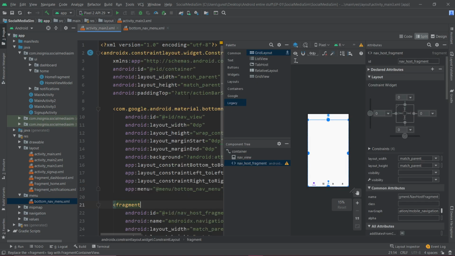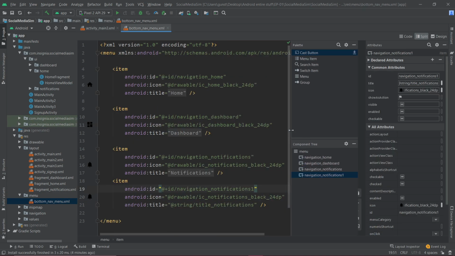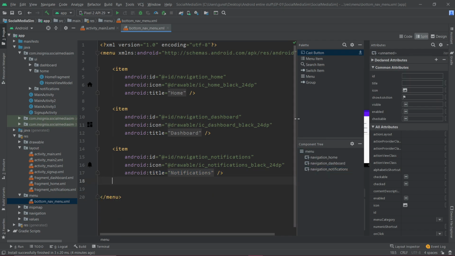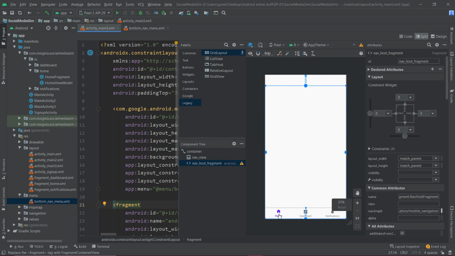As you can see, it will have another item. At the same time, my main activity will also have another item. This is how it works. This thing is just like a container which will have the number of icons and all the other relative stuff that you are going to place at the bottom. This bottom nav menu will be loaded into our bottom navigation activity as our nav view, and when you click on the icon, the respective nav host fragment will be loaded. How this nav host fragment gets loaded will be explained in main activity 3.